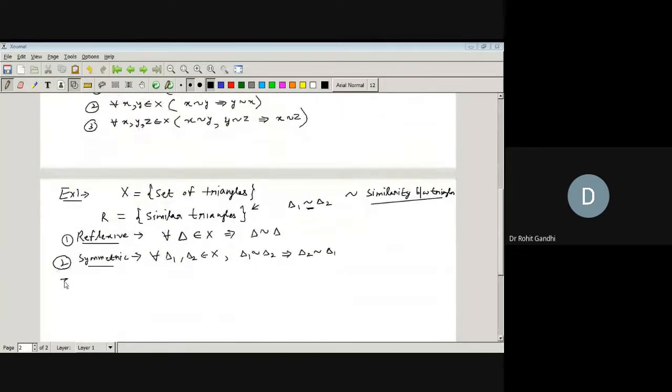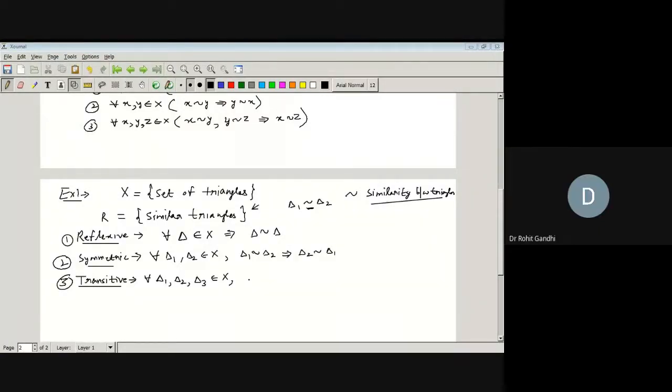And third thing is about transitive. Yes. Raise your hand. Sahil Thakur. हेलो सर. Yes, बोलो बेटा. सर x triangle, y के similar है, तो y z के similar होगा और this implies x z के similar होगा.